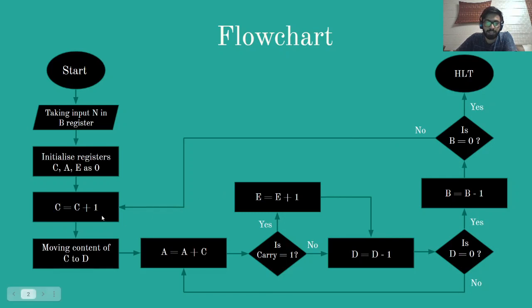Then the value of C will increase by 1, so C will become 2, and 2 square, 3 square, and so on will be added. This will be processed till n square, and when the value of C is equal to n, B will become 0, and as we have added all the squares up till n, we will stop this program.